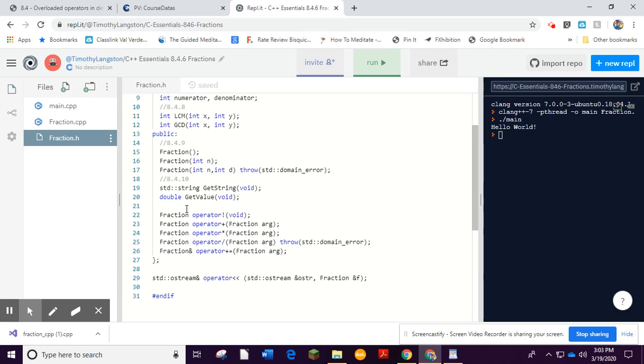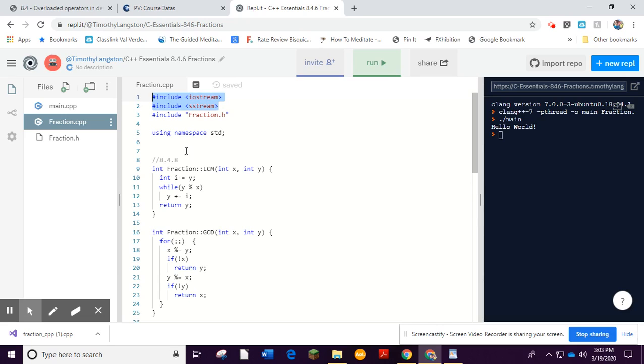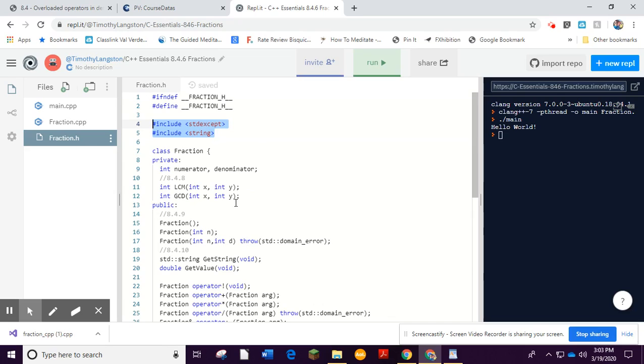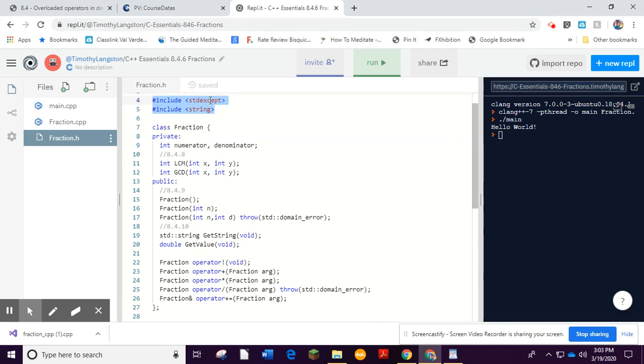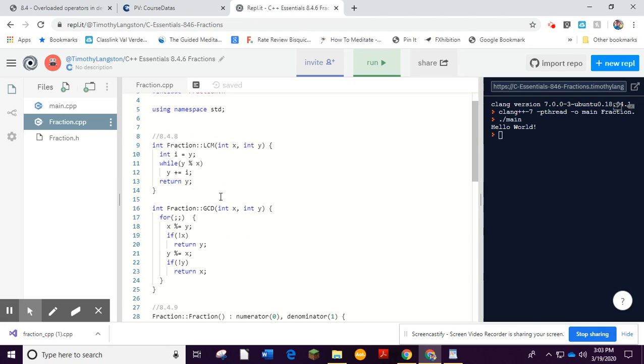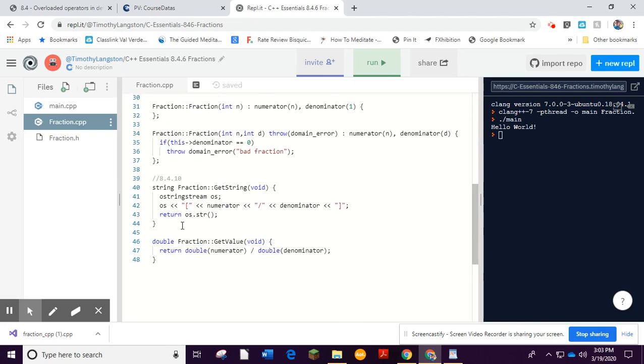Or sorry, OString stream. Okay. It was using SStream. Okay. And actually, if you look at it right here, it's not even using IOStream. So I included IOStream in here. So for those